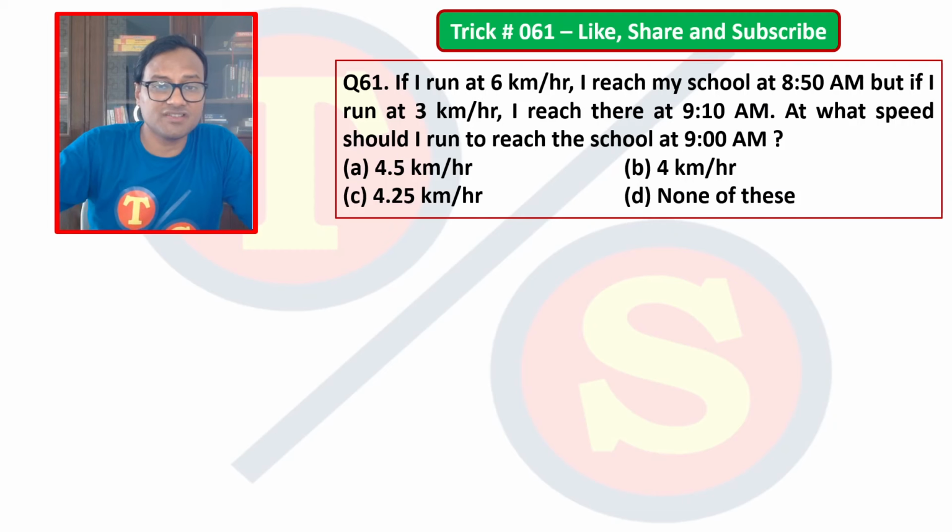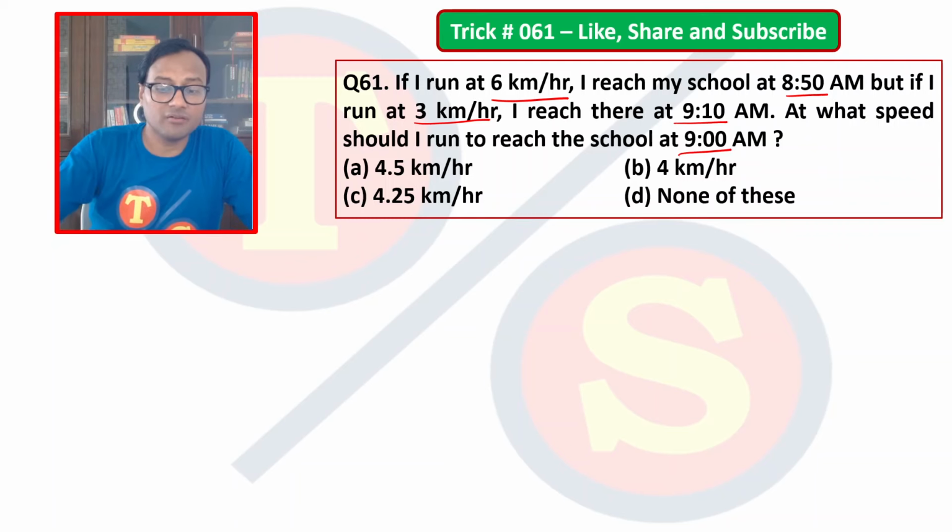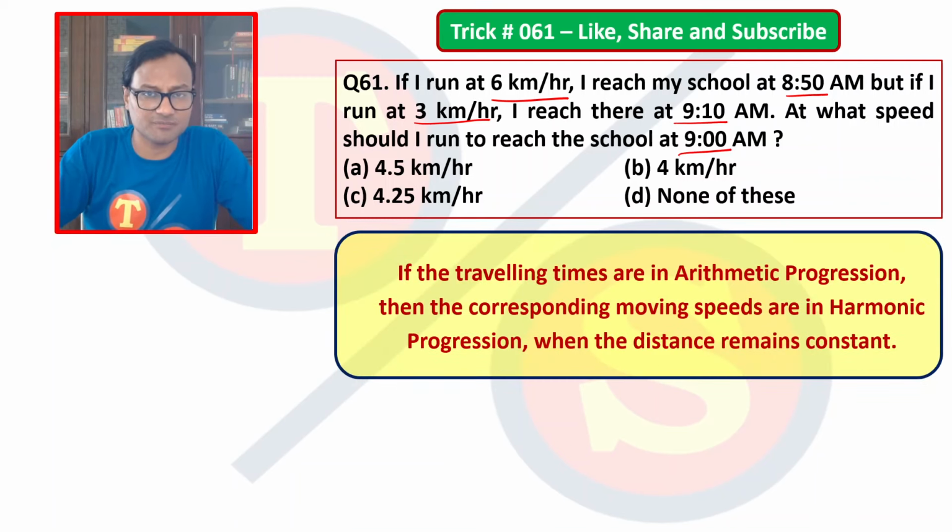Okay, now question number 61: I run at 6 km per hour and reach my school at 8:50 am. But if I run at 3 km per hour, I reach my school at 9:10 am, which is 20 minutes later. So if I want to reach there exactly at 9 am, what should I do? Here, most of the times what happens is